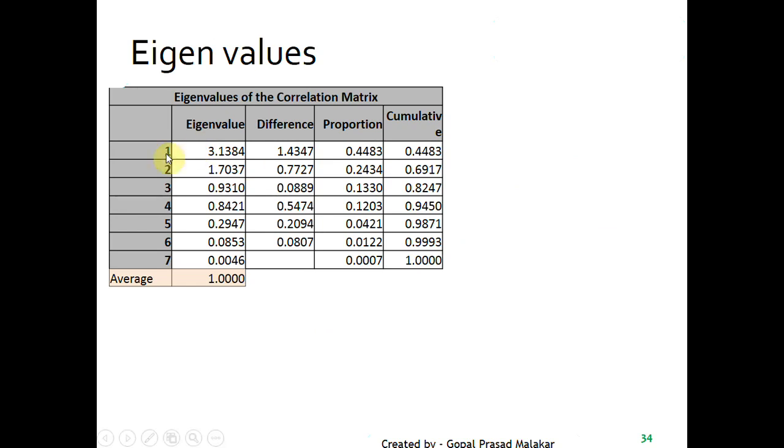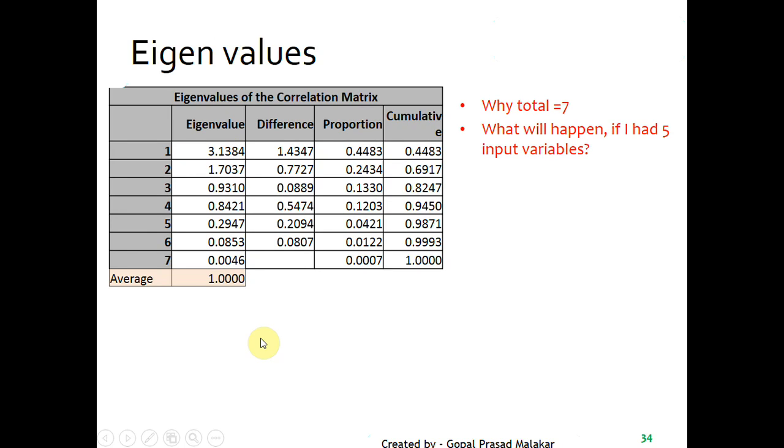This is your first principal component, this is your second principal component, like that. And this is the first eigenvalue, or the variance of the data in the direction of the first principal component. This is the variance of the data in the direction of the second principal component.